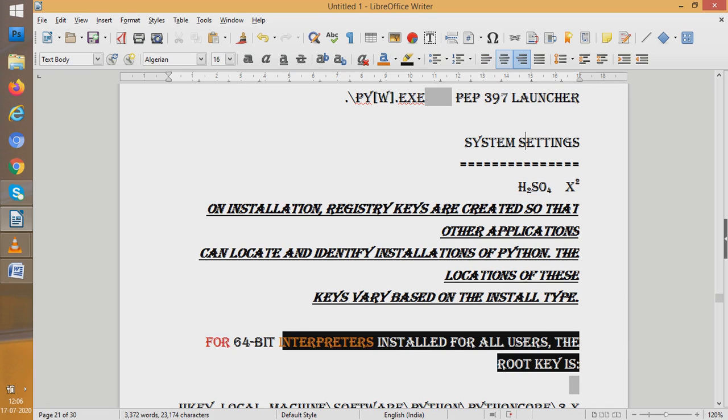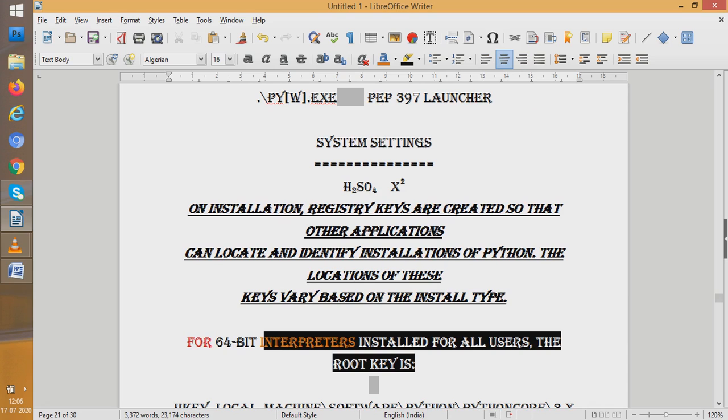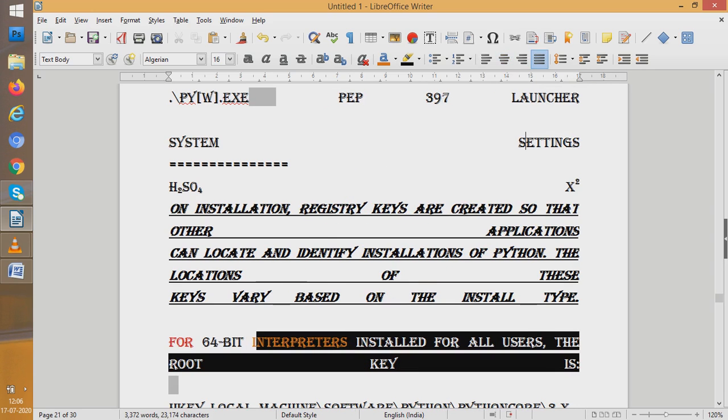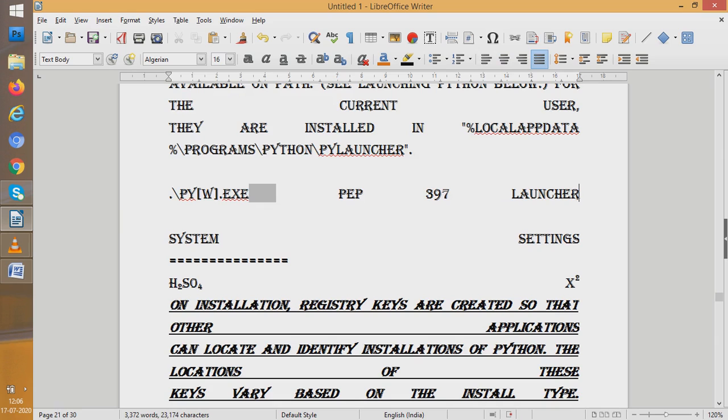Center align means everything starts at the center and the parts written are equidistant. Each line is equidistant from the center towards left and right. Justify means it is actually stopping at the same place vertically from the right and from the left. So this is justify. Here also there is a vertical line to start with, and here also the boundary is a vertical line to stop. So this is how it works.